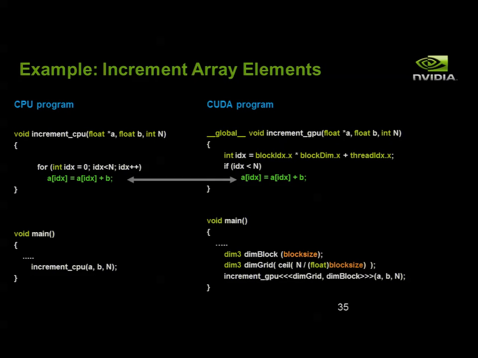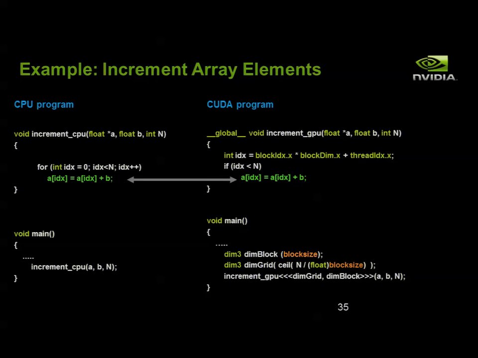Here's just to show how this looks in the comparison between pure CPU code and GPU code. Because eventually you're probably facing the situation where you're taking your code and you want to move it to a GPU. So you're starting out with this on the left-hand side. You have your main, or whatever it's called, your outer function on the CPU, and you're calling a function increment CPU that should just increment all the elements of A with the value B for n elements in a